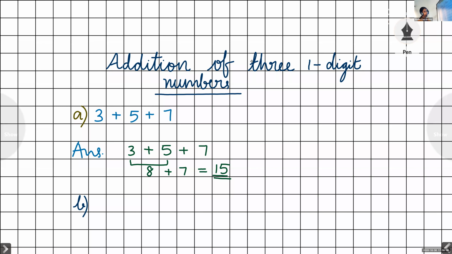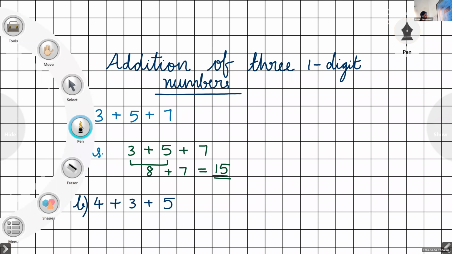And B we have 4 plus 3 plus 5. Now do this one. 4 plus 3 plus 5. Answer is